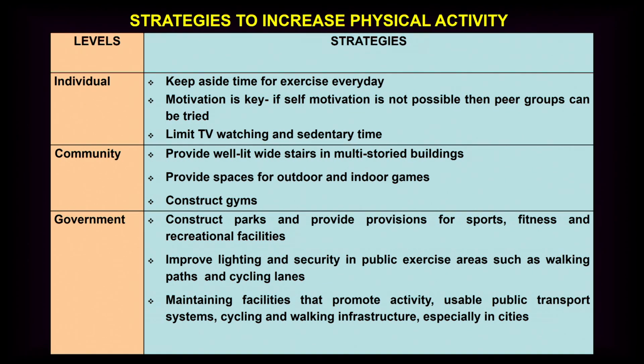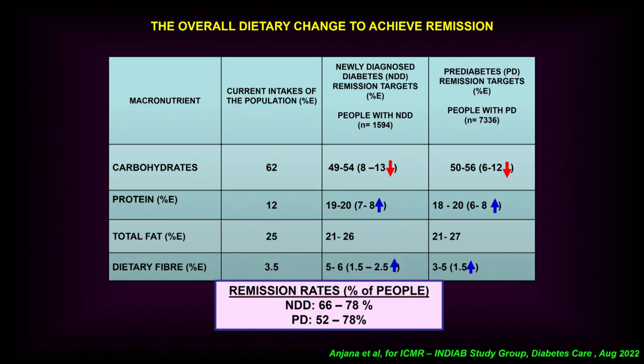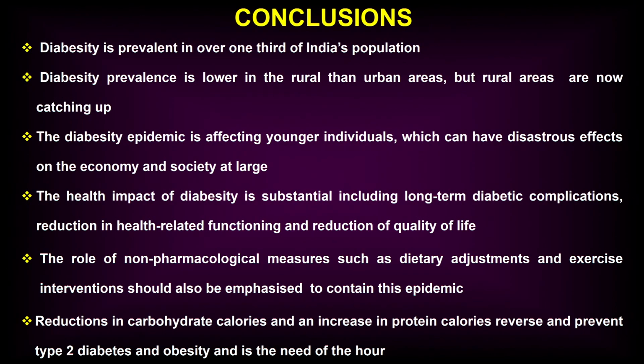I'm not going to go into the management, but I just want to tell you that one has to look at this at all levels: the individual, the community, and the government. We now know that access to areas helps to increase physical activity, and access to healthy foods will help to decrease diabesity. At the community level, your gated communities, access to areas, etc. help. And also, as far as nutrition goes, trying to decrease the carbohydrate intake and increase protein intake will definitely help to reverse diabetes as well as obesity.